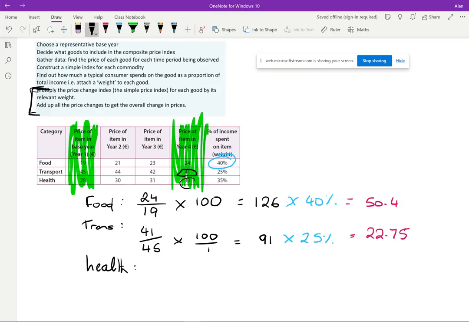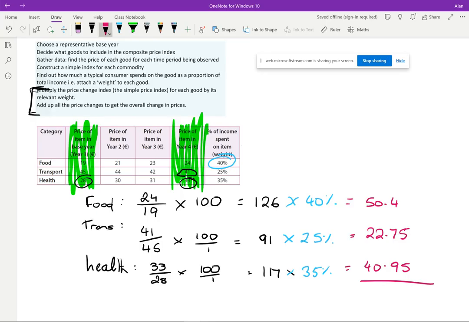And we're looking again at the same thing. So it's 33 and 28. So 33 over 28 multiplied by 100 over 1. Again, out with your calculator. So it's 33 divided by 28, which is 117. There's a few decimal places here. Don't be worrying too much about that. They'll tell you in the question whether you need to round to one decimal place or whatever the case may be. Multiplied by our weight for this, which is 35%. So you'll be given all this in the question. As I said, we'll look at a Leaving Cert higher level question right now. So 117 multiplied by 0.35, and it is